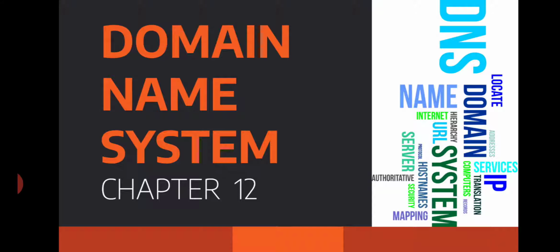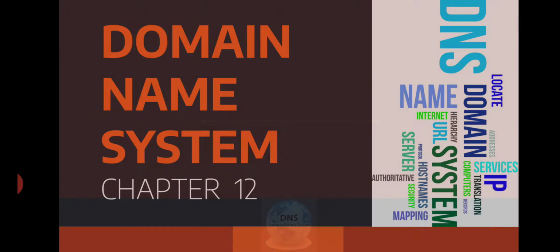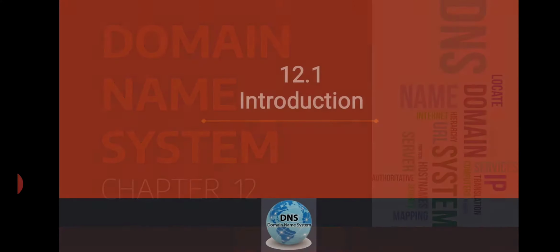So in this chapter we are going to see what the domain name system is, the functioning of the internet, and the importance of the IP address. Then what a URL is and what its types are, then the components of the domain name system and its functions, and also how the DNS, that is the domain name system, works. Okay, so first, what is meant by domain name system?